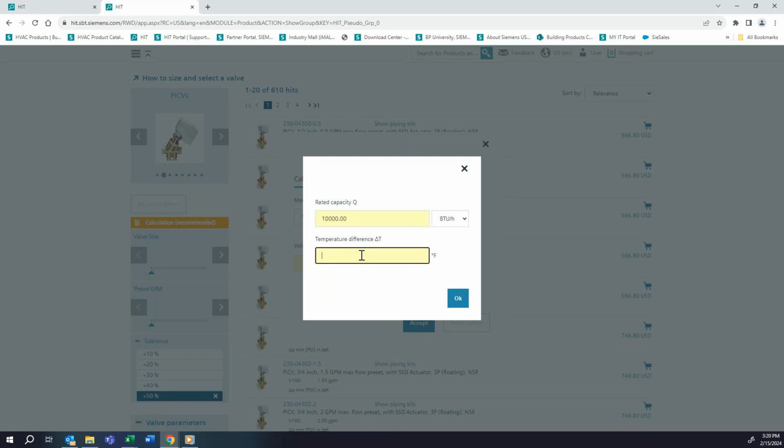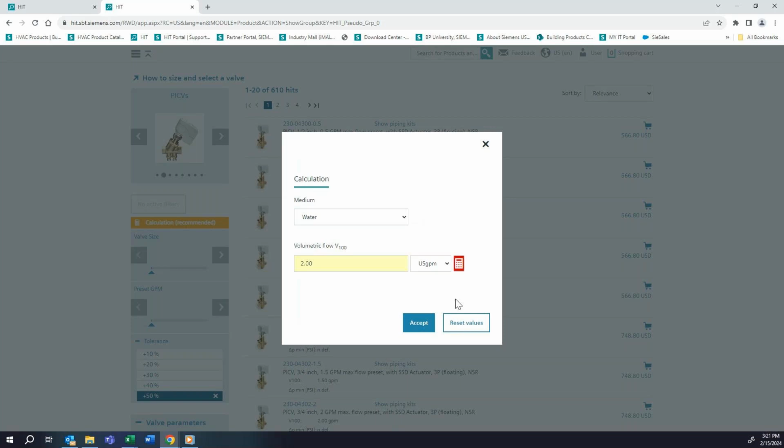Your temperature difference, delta T, this is also something that you can find in the set of drawings. This is a piece of information that you will need to have from the drawing, mechanical, GC, etc. Let's say that we're putting a 10-degree delta T. All right, so we've got the BTU and the delta T. Not much info. We click on OK, and it gives you the flow per minute, 2 gallons per minute. You click on accept,